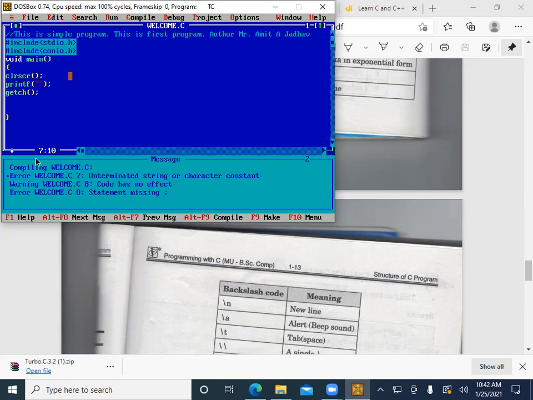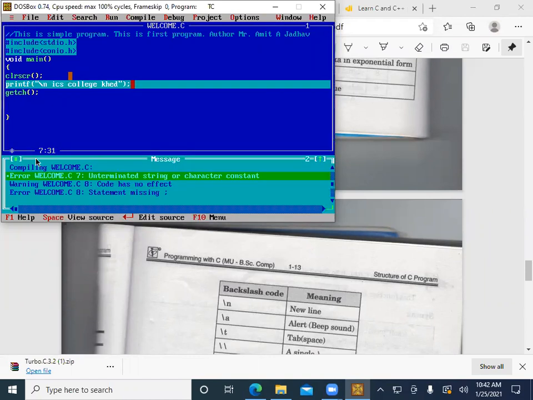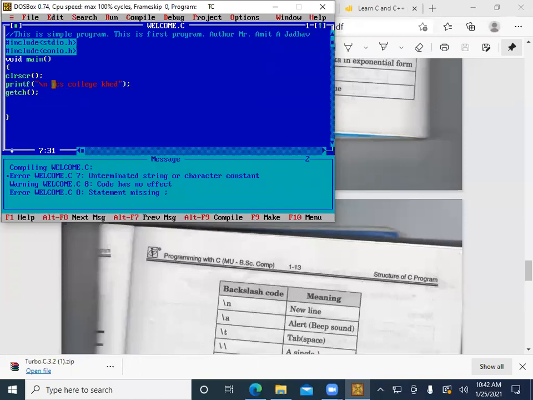So here we can print slash and, where is the semicolon missing? Unterminated. Okay, here we